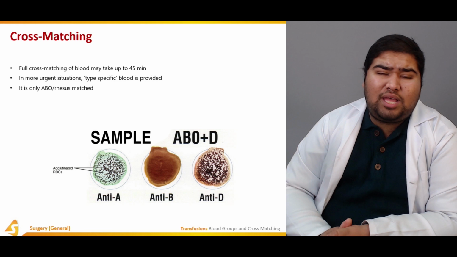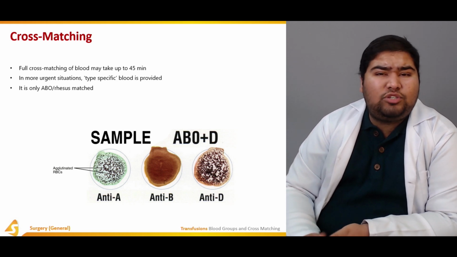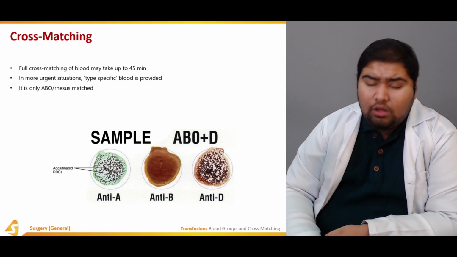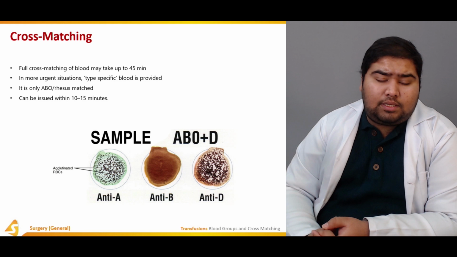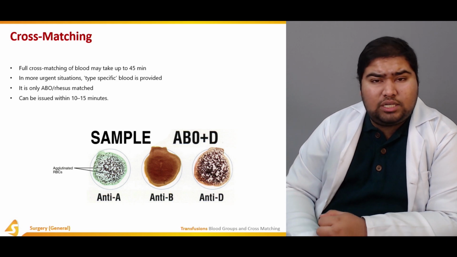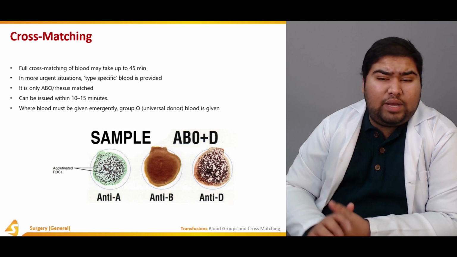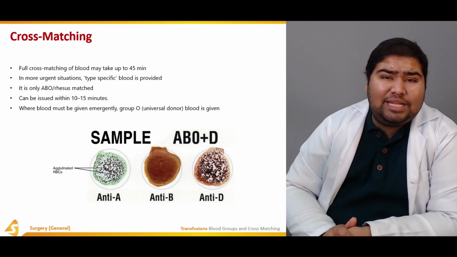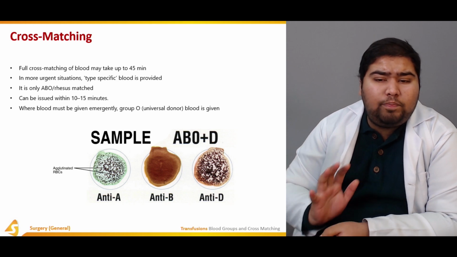You match the ABO type and the rhesus type, and you transfuse the patient before checking for any reactions between the two blood types. It can be issued within 10 to 15 minutes,